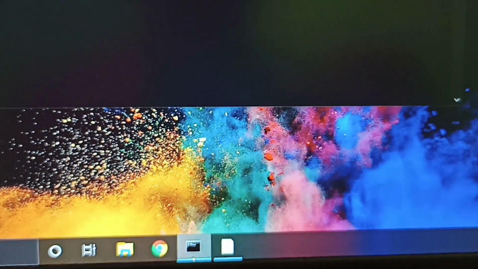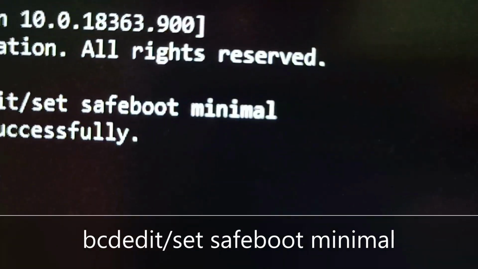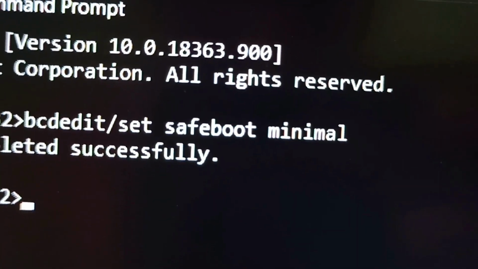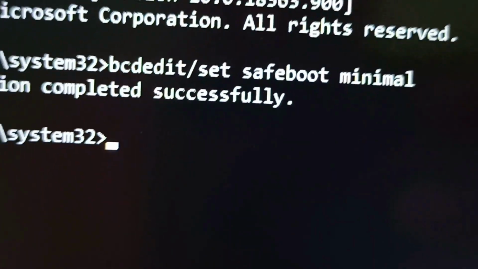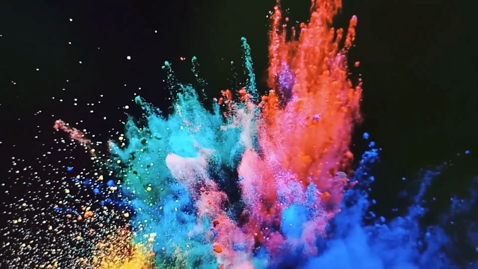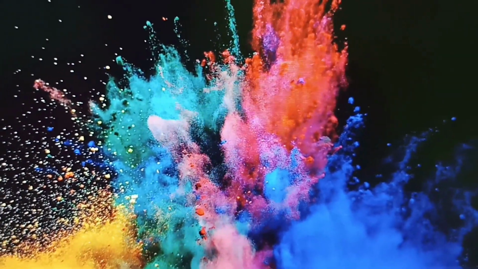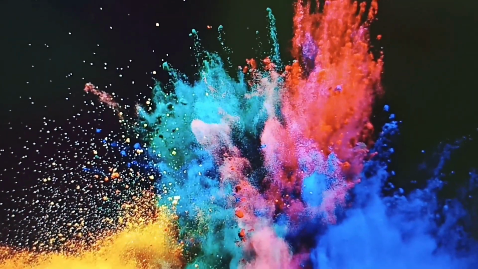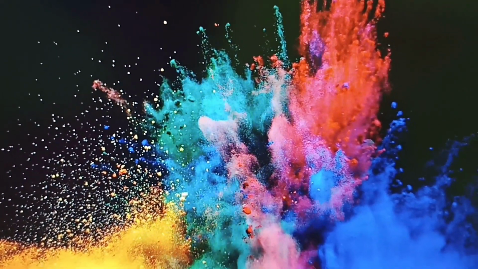First, open the command prompt and click on run as administrator option. And once command prompt opens, type this command which is right here. And click on the enter, guys. And it will tell the operation completed successfully, guys. Now once this happens, click on the close button and just close the command prompt. By this command, guys, I am telling computer to boot in safe boot mode when I restart it. This is just a precautionary measure, but it is advised to do it.